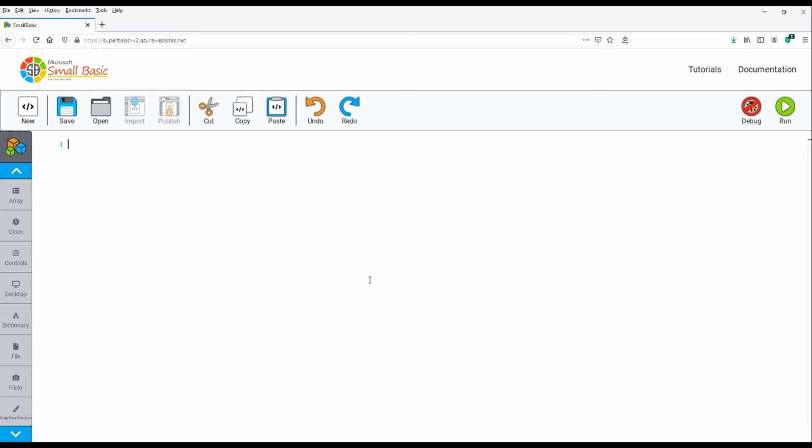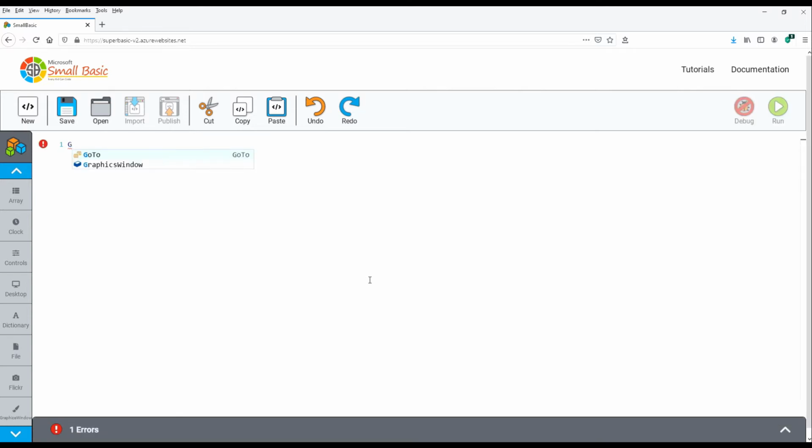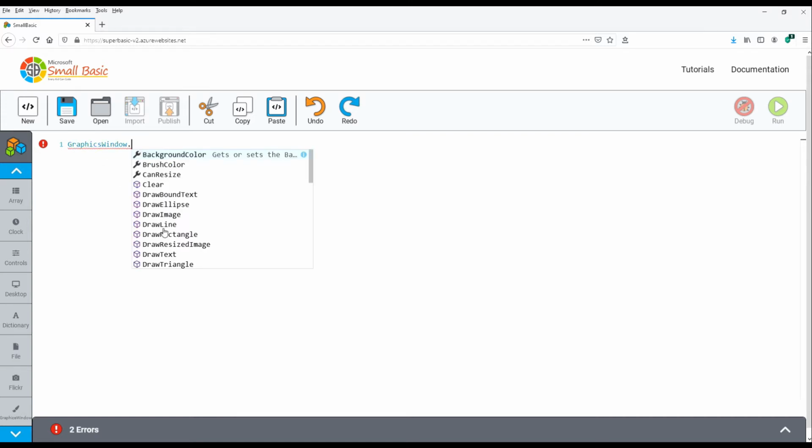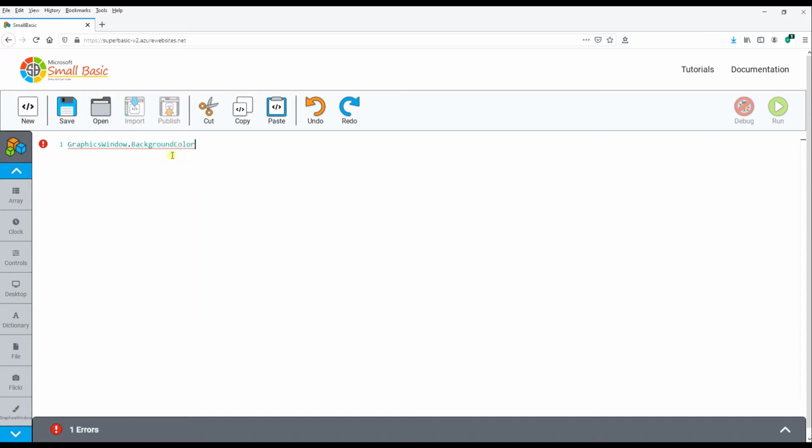So there's a few commands that we need to work with to start with, and we're going to start off by just getting our background and our pen colours for drawing. So we're going to start off there with a capital G, and then it will give a list of commands that might start with that, so we can then just click graphics window. Then we want a dot, full stop, and we want background colour